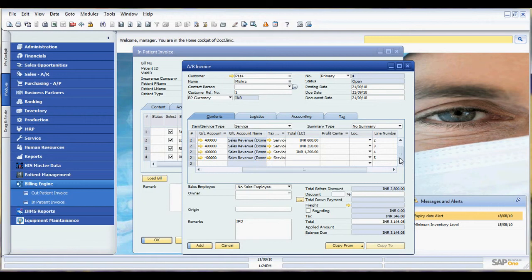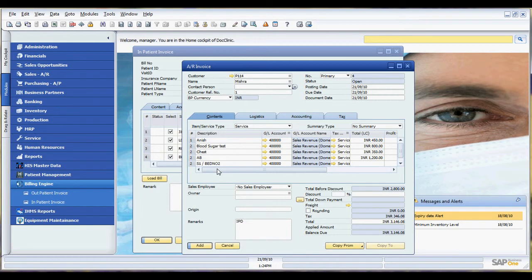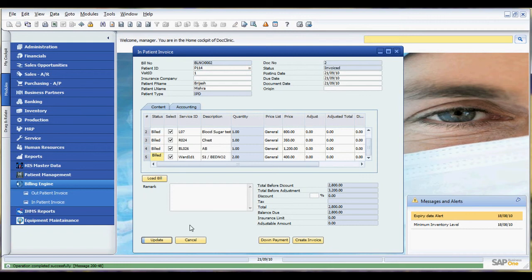I've selected the tax codes. Now I'll give the location over here. Now as I have added all the things, I have confirmed all the treatment which the patient received. Now I just need to add this so that it will be reflected into your system. I'll just add or save it. As the system gives the message that it got updated, it is now reflected in your system. So this was the patient invoice.